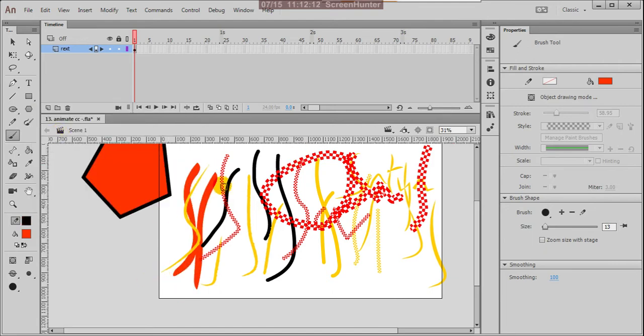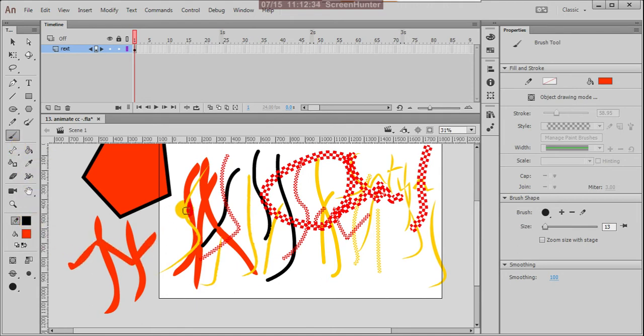Check the difference between these two brushes. Suppose here the stroke color is black and the fill color is red. Suppose I'm using this brush tool, it is not using stroke, because this is the brush tool, so it is taking the fill color only.